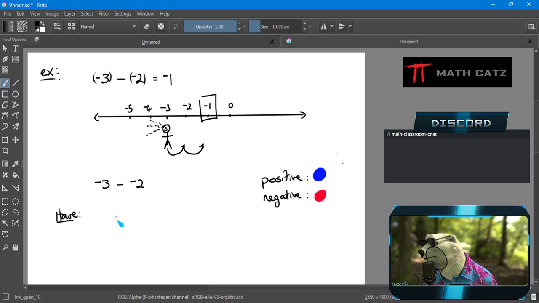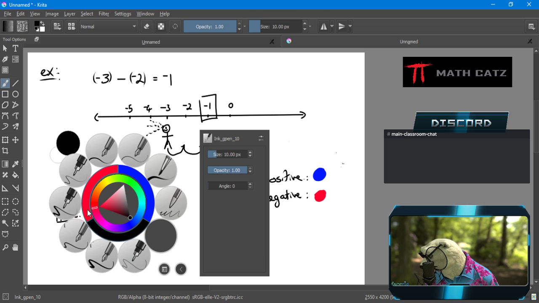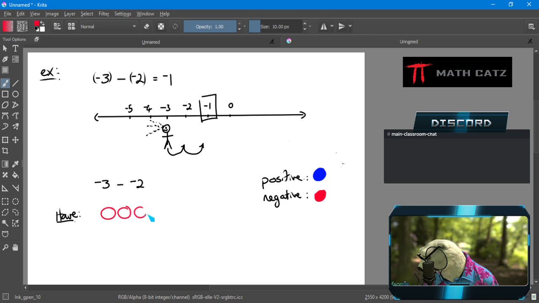So I still have 3 negative chips. That doesn't change. 1, 2, 3 negative chips. I mean, my kids, I never taught them the chip model. It depends, right? I tried the number line model first. They were fine with it, and then there's absolutely no reason to switch. But I guess some people might find the number line model a little bit more abstract because I'm not counting things the way I'm counting steps. I don't know. I feel the number line model is perfect.